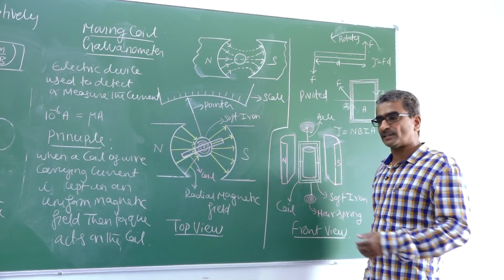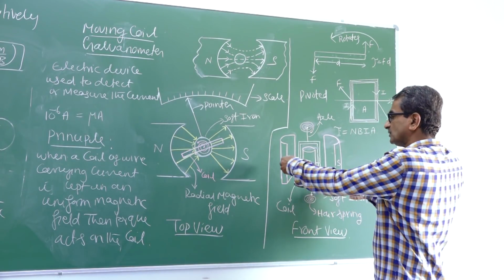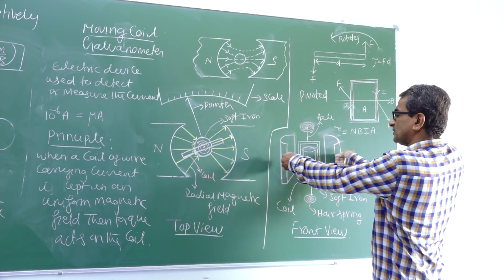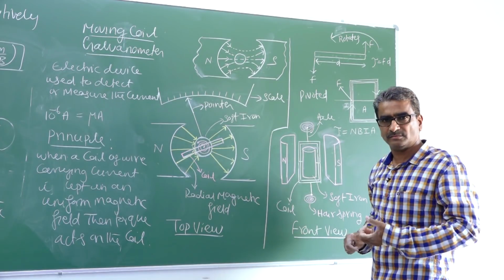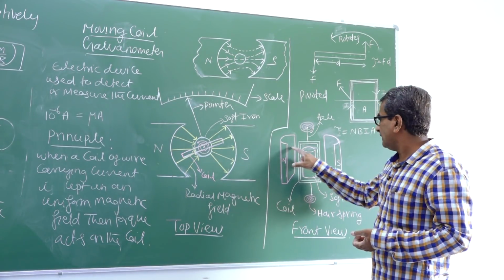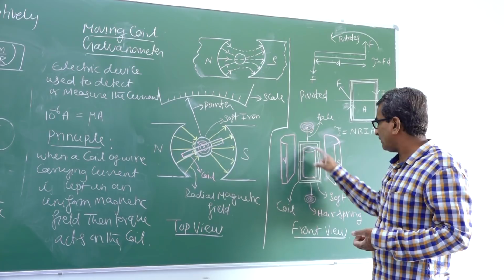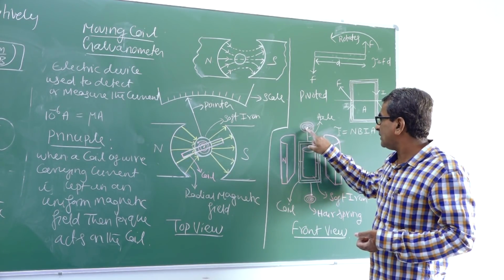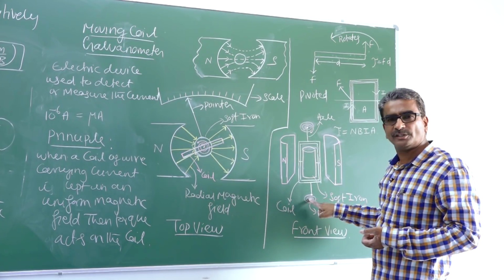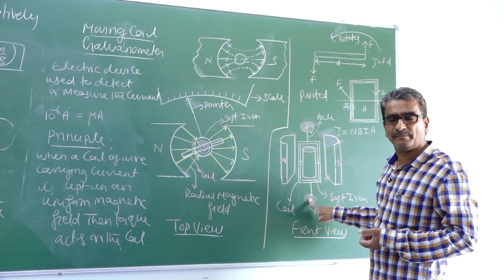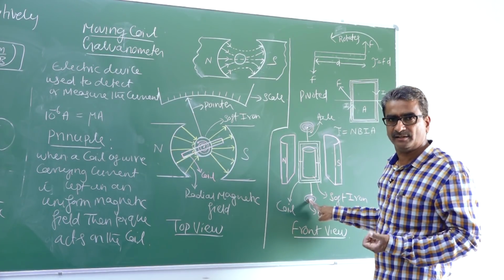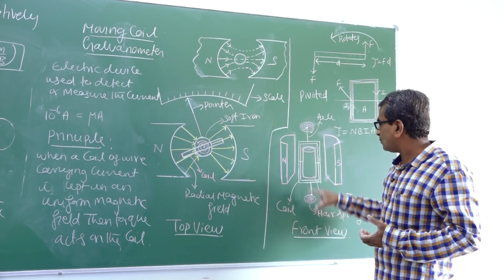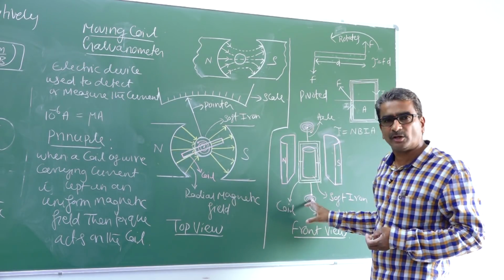curved magnetic pole pieces. Look here. If this is one pole piece, this will be another pole piece. Concave shaped magnetic pole pieces, powerful magnetic pole pieces. Between these two, with the help of the axle, the coil is mounted. Now, at the top of the coil, you can notice a spiral hair spring made of phosphor bronze alloy wire. So spiral hair springs are fixed, one at the top of the coil and another at the bottom of the coil.